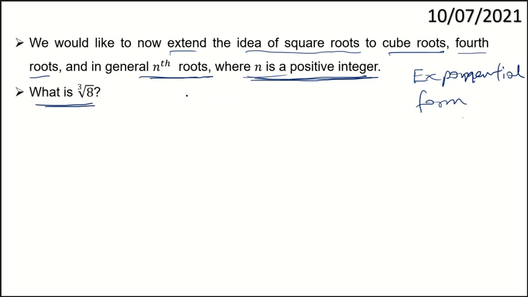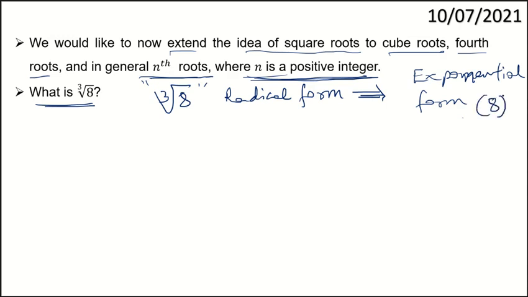This cube root of 8 is called radical form. We have learned in the cubes and cube roots chapter that it is called radical form. When I convert that radical form into exponential form, this becomes 8 to the power 1 by 3. You know, 1 by 3 is the power, 8 is the base,